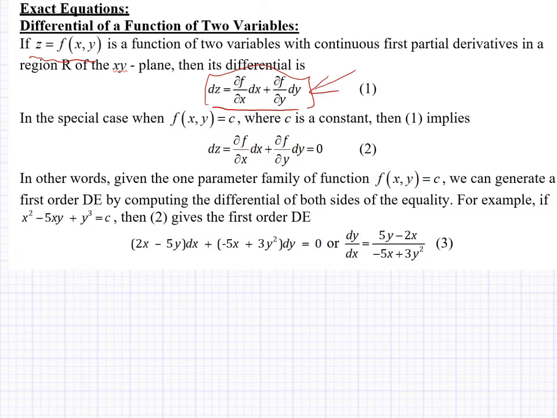And another way to look at this would simply be, all right, we have this function f of x, y, or so z equals f of x, y, and we could just use implicit differentiation. So let's say I wanted to take the derivative of f with respect to x for this f of x, y. And really, we could just use our basic implicit differentiation we learned in Calc 1. And so, okay, we're going to do this, and this should be the same thing as the derivative of z